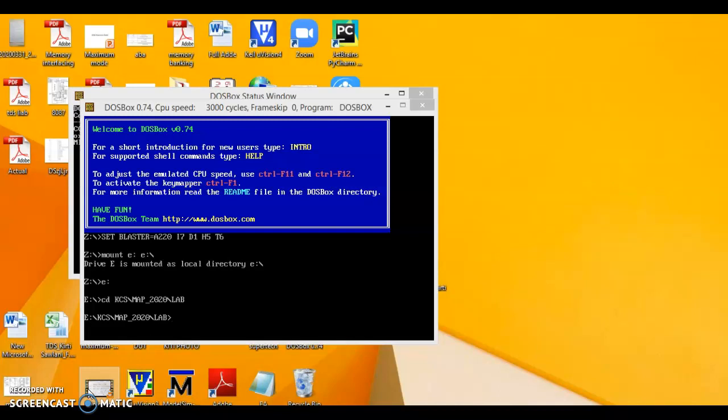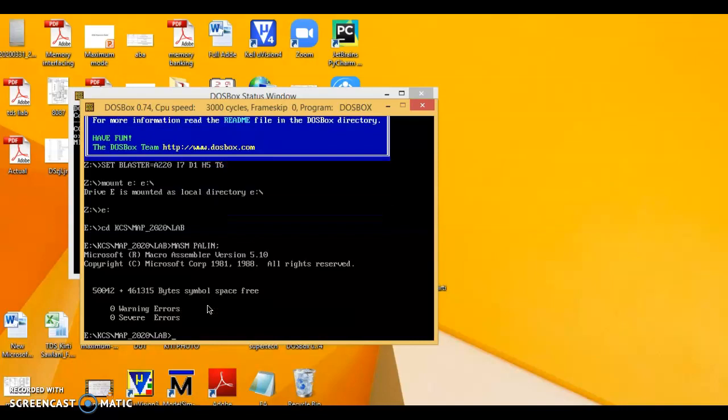Now I will compile the program with the help of the command masm, file name, in my case is Palin, so it is showing 0 errors. Link file name semicolon.